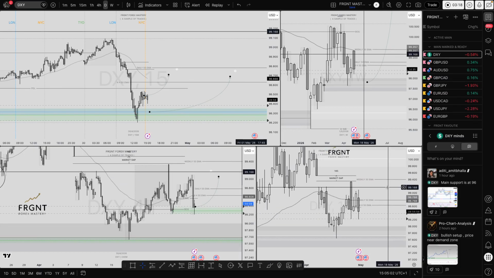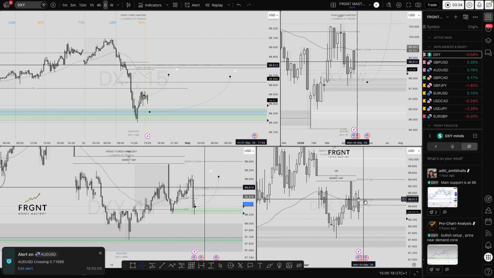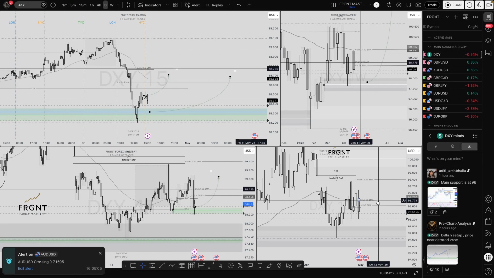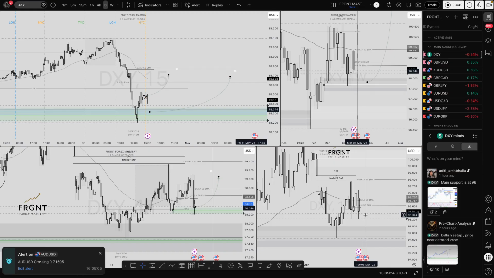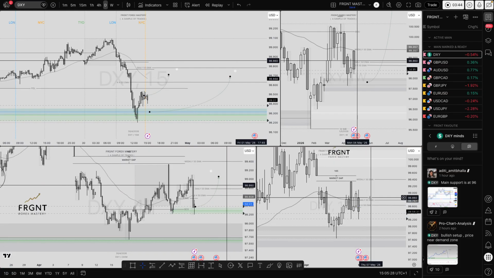So although I've taken a stop loss on AUD, I still believe that the DXY has, let's call it, 8 hours and 54 minutes to fulfill my trading criteria in terms of the strategy that I trade. As a result of the previous daily candle closing above the daily 50 EMA, I have every reason to believe that this current daily candle will also close above that daily 50 EMA.